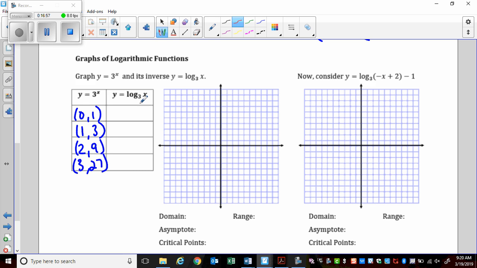Now remember, the log base 3 of x is going to be the inverse. And that means we could just switch these. So my values are going to be 1, 0, 3, 1, 9, 2, and 27, 3. They are inverses of one another, so we can just switch the x and y's. So I'm going to do the exponential in blue and then the log in something else. So at 0 we're at 1, at 1 we're at 3, at 2 we're at 9,